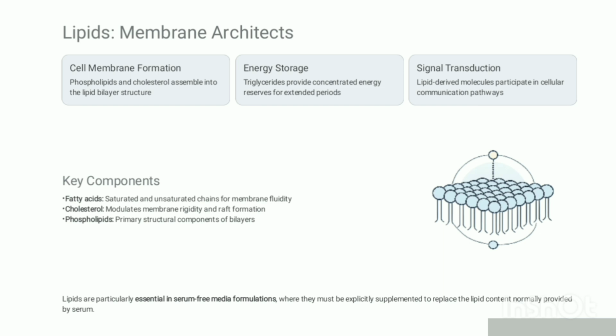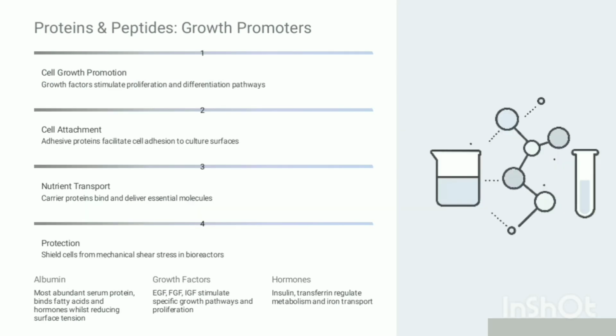Noted: lipids are especially critical in serum-free media formulations. Because they are not naturally provided by serum, they must be explicitly supplemented to ensure healthy cell development. Proteins and peptides. Growth promoters, proteins, and peptides are essential components in cell culture media, acting as key regulators for